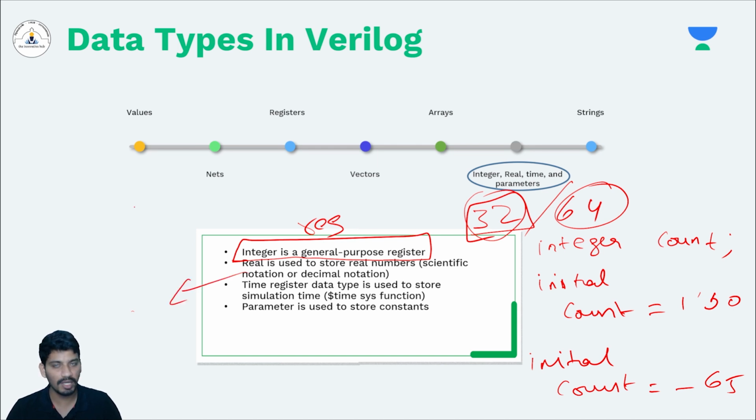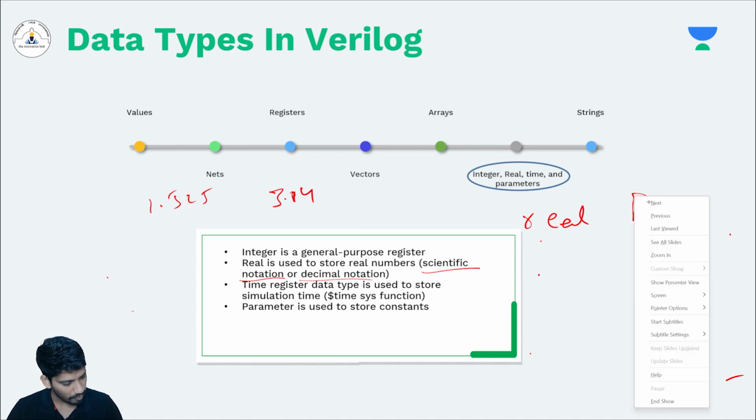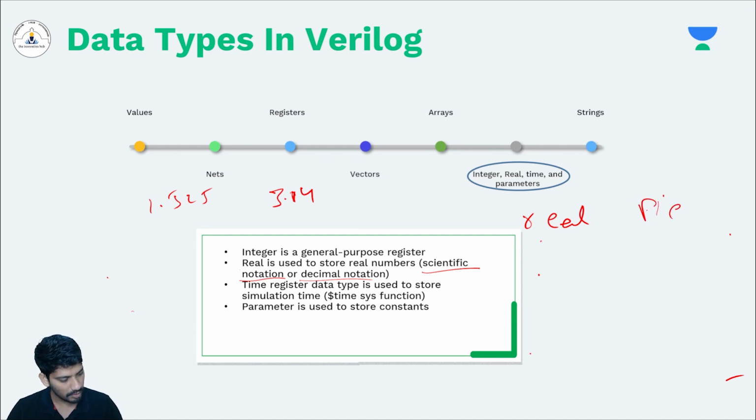And what is the data type real? A real will store real numbers, like 1.525 or 3.14, which is pi. It can be used to store values in both scientific notation and decimal notation. So how to do that? If you want to use real numbers, you cannot use a data type called reg. I'm using a data type of real, and I'm declaring a variable pi. How to initialize it? Again, initial